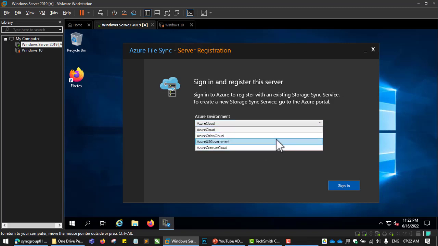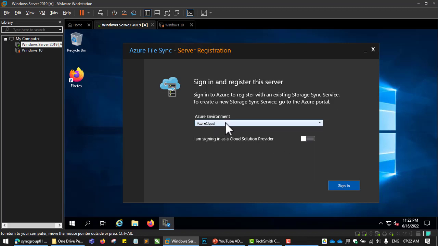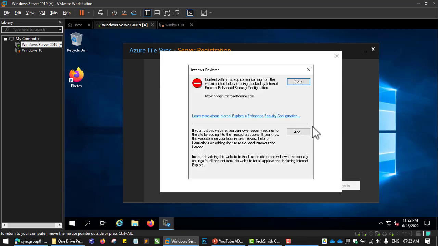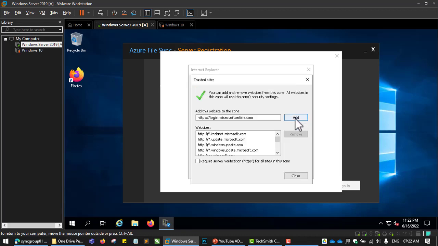As you can see, they have some government Azure environment over here. Ours is the regular Azure cloud platform, so I'm going to leave it at Azure Cloud. Go sign in here, and it's going to pop open these options over here. I think this user interface